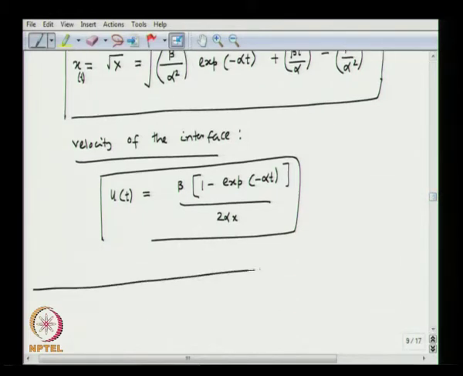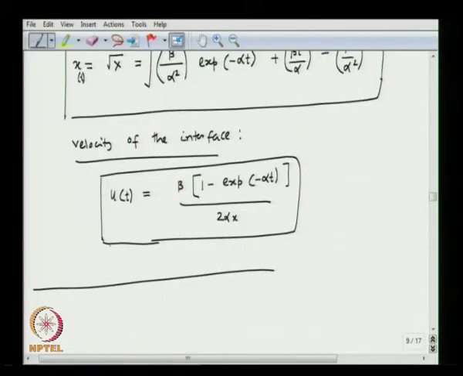So, we have looked at two cases: one, the vertical tube case, where at the beginning of the filling process the interface is going to follow as square root of t, and at the end of the filling process is going to vary as the exponential of time. And we have also looked at the horizontal case where the profile is going to vary as exponential of the time. Now let us move on and talk about transpiration cooling.